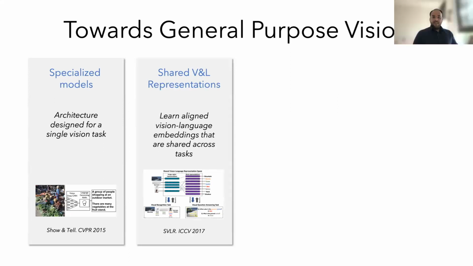And then gradually people started figuring out what can be shared in the system across different tasks. So this is my own work from 2017, where we showed that you can learn image and word representations in a way such that they are not only aligned to each other, but they're also shared across tasks. So for example, whether you're doing object and attribute prediction or visual question answering, they would all use the same set of shared embeddings. And by doing that, you get some transfer across these tasks. So learning visual recognition helps you learn these embeddings, which improves performance on the VQA task and vice versa.